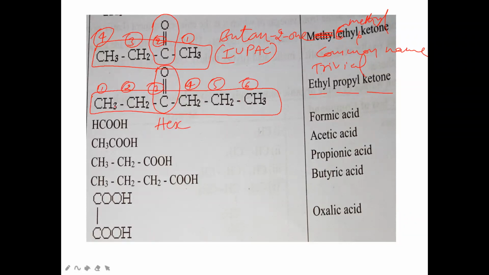Between all the carbon atoms, single bonds, you check it. Single bond. So N, so hexane. And what is the position of this functional group ketone? It is third position. That's why here we have to say 3-one. So what is the name? Hexan-3-one is the IUPAC name of this molecule. Common name is what? Ethyl propyl ketone. Okay.